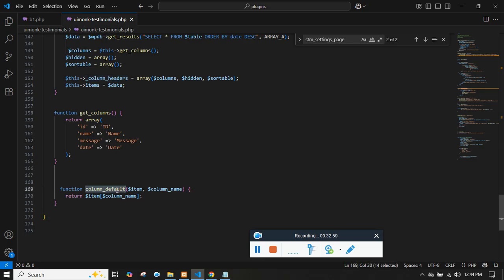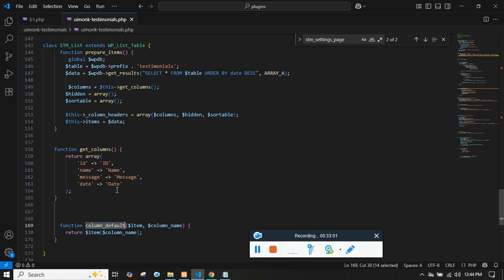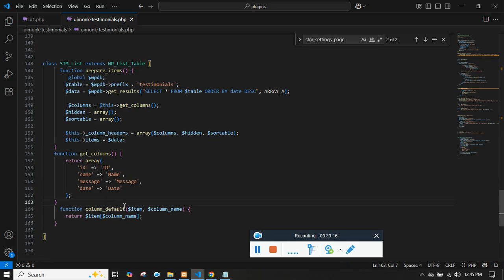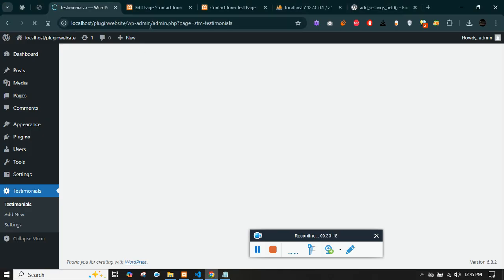Cool, that's enough. This is the inbuilt function provided by WordPress. This is the default variable provided by this class, and this is the default function provided by this class. So this is the bare minimum to have your table displayed over here. If I refresh,